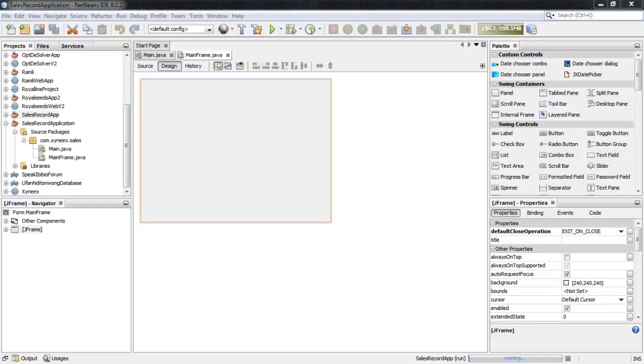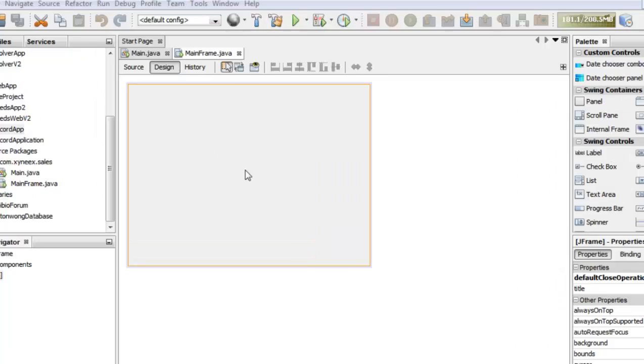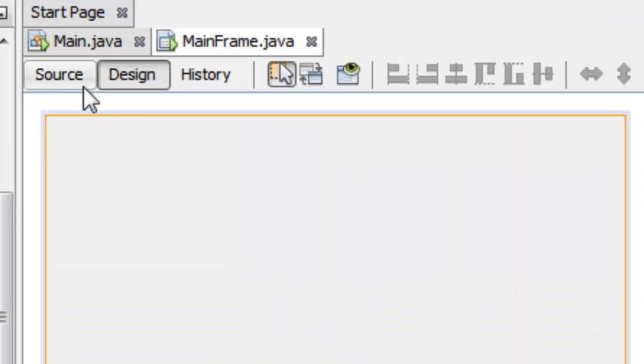In this video, I'm going to continue the designing of the JFrame, and I'm going to explain the basics of creating a JFrame window and adding components to the JFrame. So here we go. If we take a look at the NetBeans IDE interface, you're going to see that we have a button here to view the source of the JFrame. So if we click on the source,